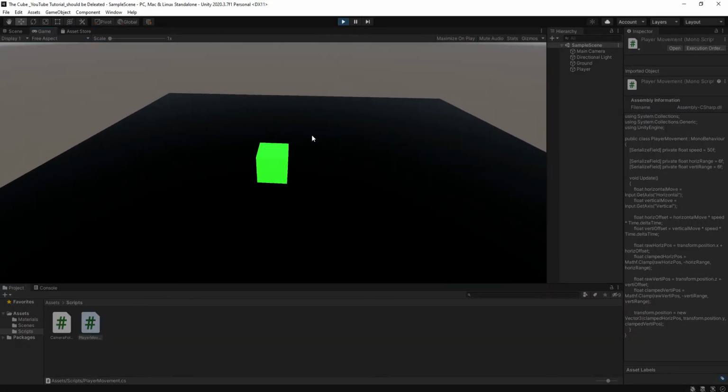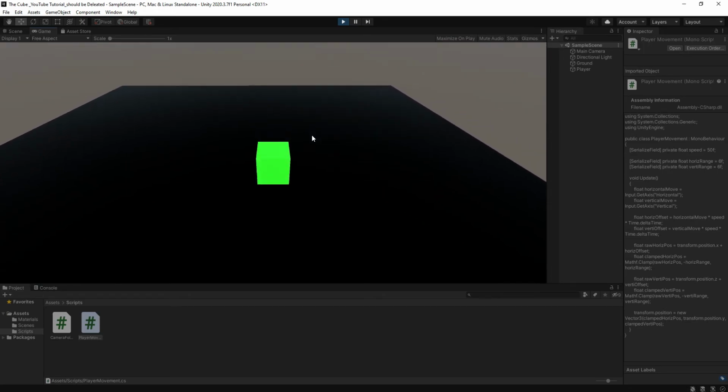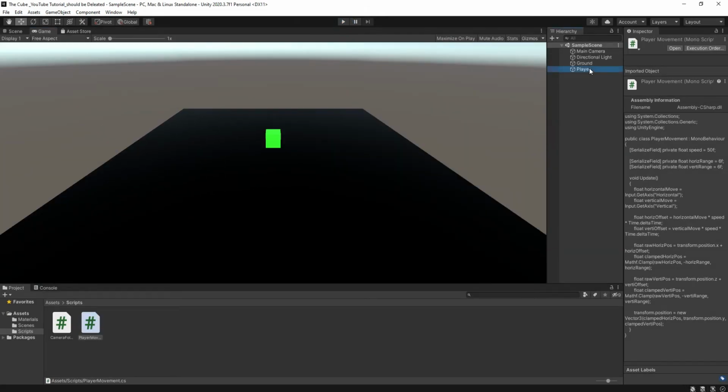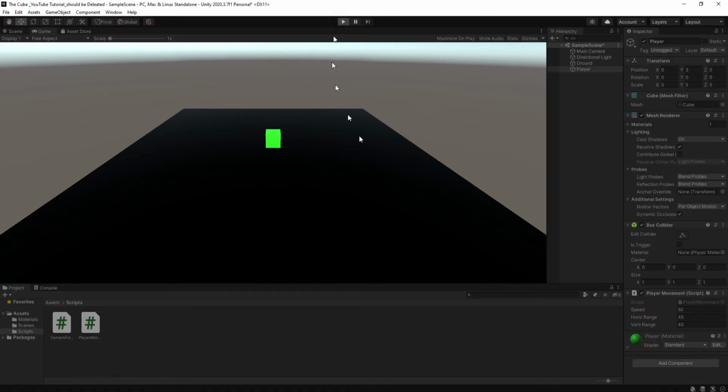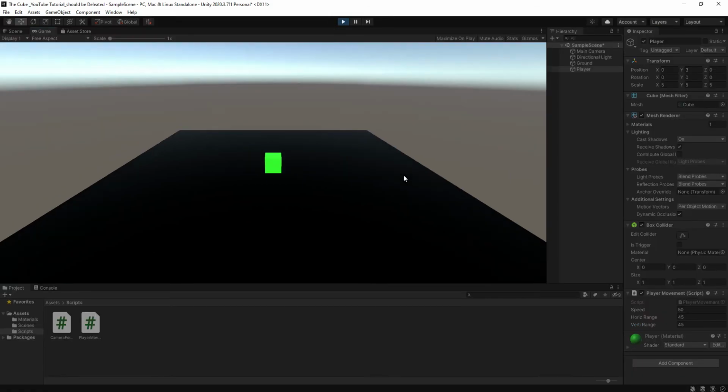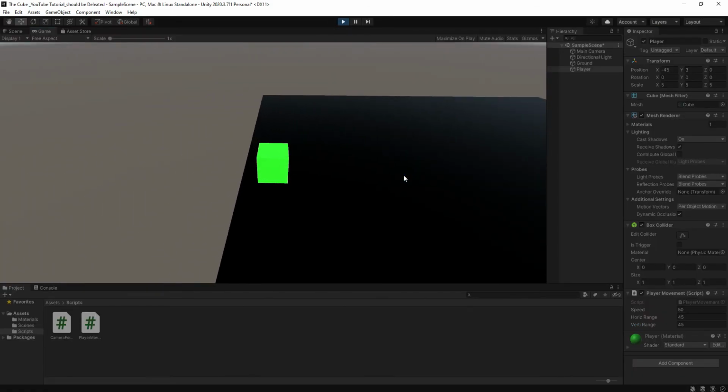And here we're getting some strange behavior. What's the problem? Let's see. Well, the problem is we didn't set our horizontal and vertical range yet. It's still default, which is 6. Let's tweak that value. 45 looks nice for me, and you can give anything which you desire. So that's it, we clamped our player's movement, and in the next video we will clamp our camera movement, and it will be almost the same as this, because this video is gonna be very big.